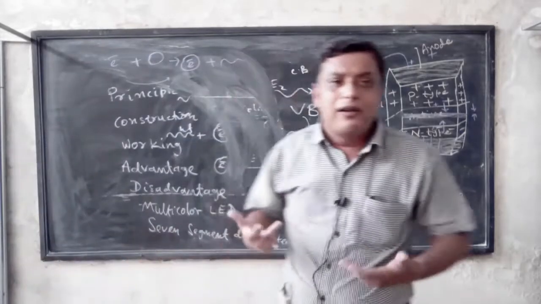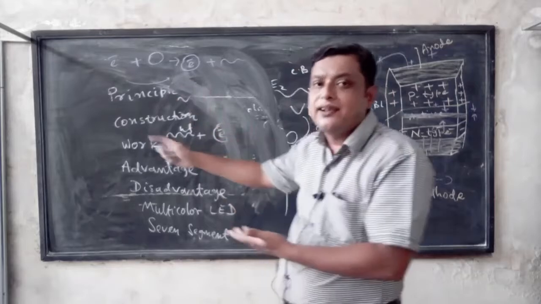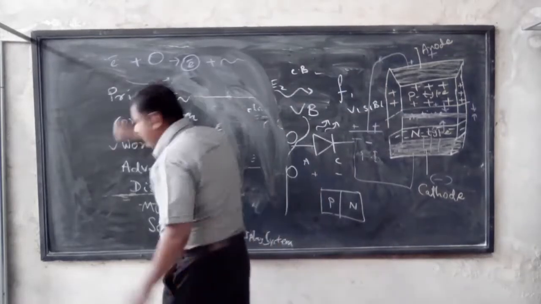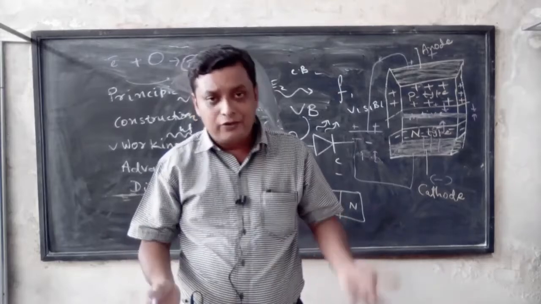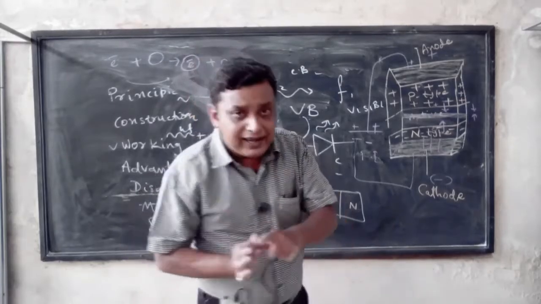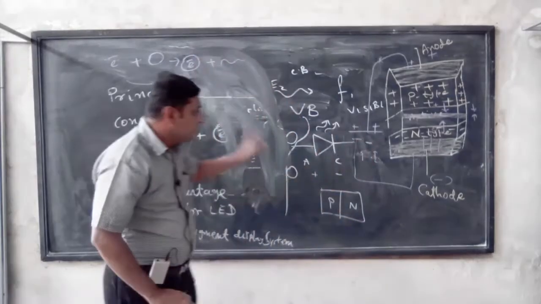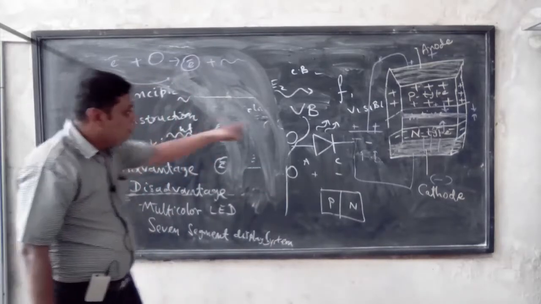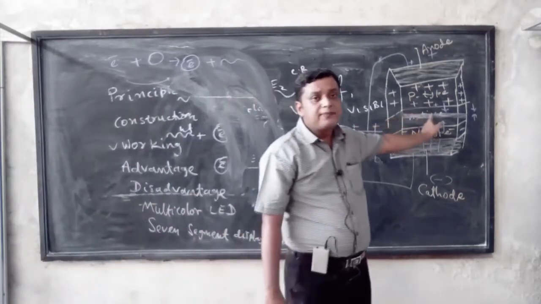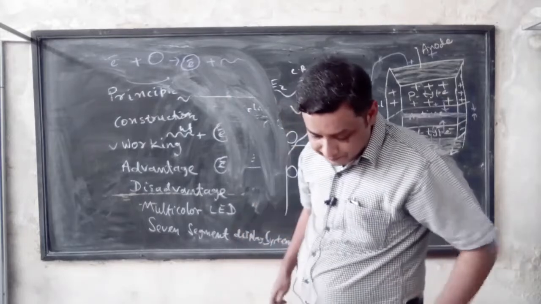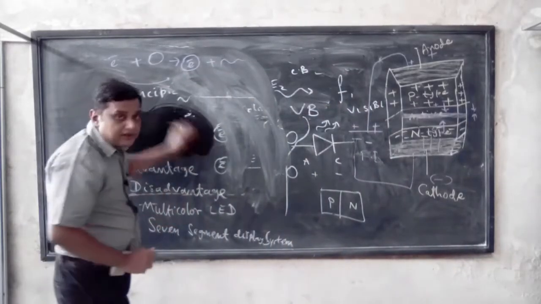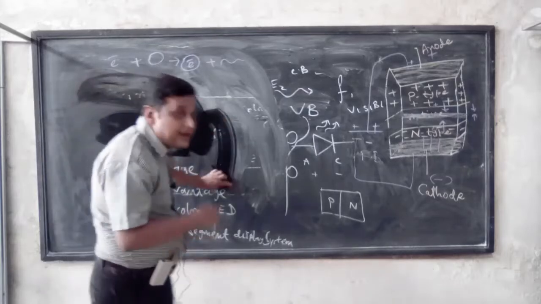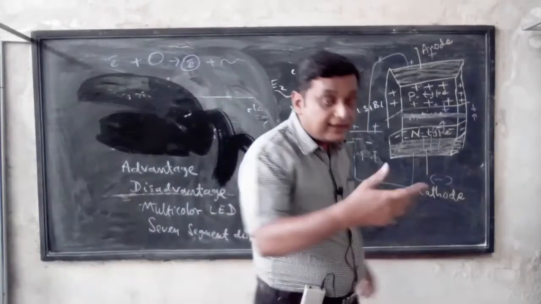So all this we should write into the working of the LED, that is how the LED works, how the LED is able to convert electrical energy to light energy. This is the answer. This would be the construction of the LED. So after the working, construction, and basic principle or fundamentals of this LED, another thing is that